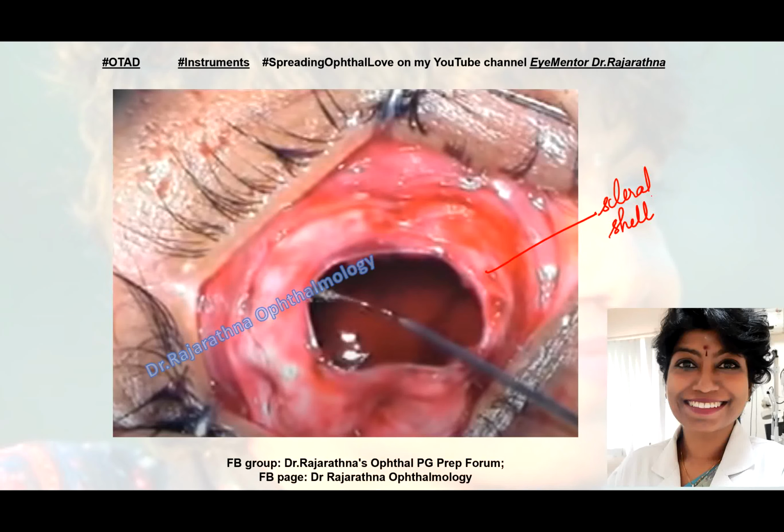So at the end of evisceration, all the intraocular contents are out, and then we irrigate this cavity with antibiotic solution, and we can put an implant primarily or secondarily. All right. So this is evisceration surgery. And you all know for panophthalmitis, the treatment of choice is evisceration, and enucleation is contraindicated. What about that? I'll be talking in the next video. I hope you understood evisceration. It's just like eating out of an ice cream ball.